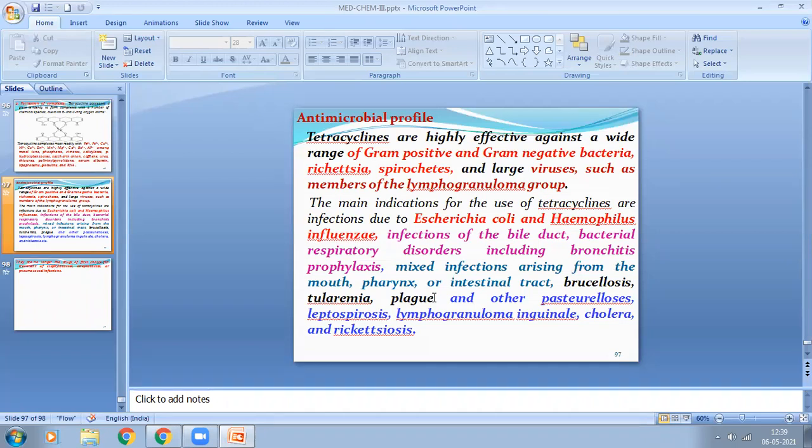Those viruses form the lymphogranuloma. Lymphogranuloma is one type of cancer of lymphoid tissue. So viral replication of that virus will be inhibited by the tetracycline. It does not kill that virus, but it can inhibit the growth and development of those viruses, which form the lymphogranuloma group. Now the main indication for the use of tetracyclines: it is basically used for Escherichia coli, Haemophilus influenza